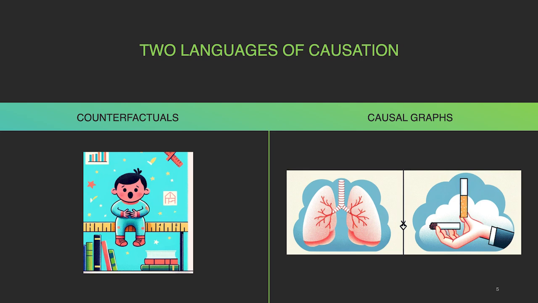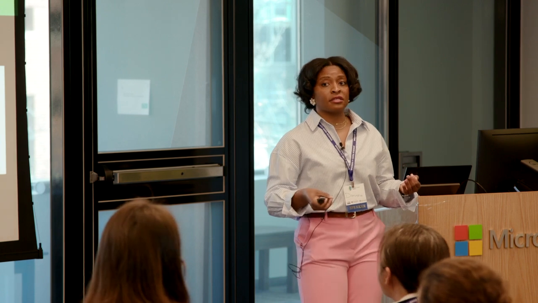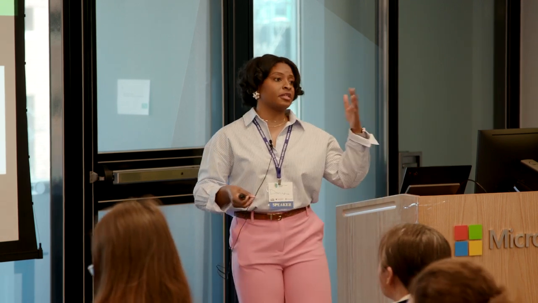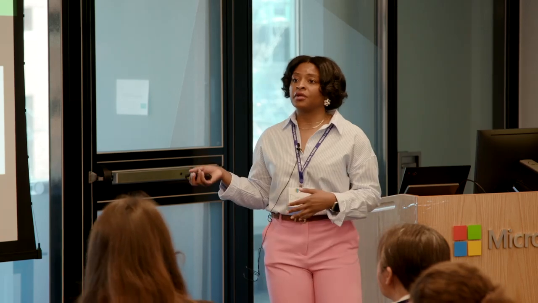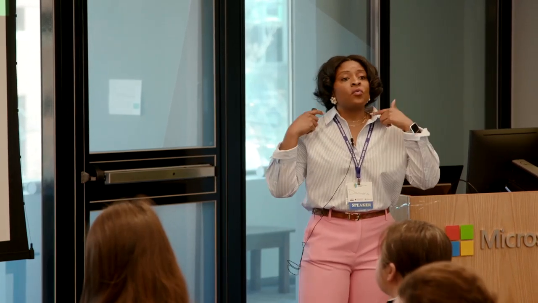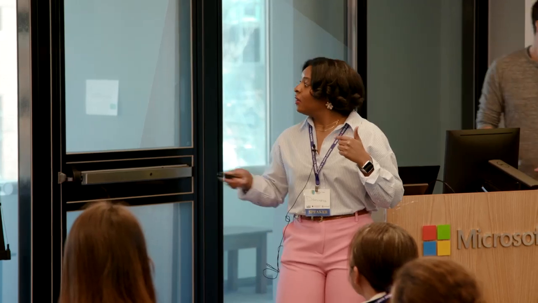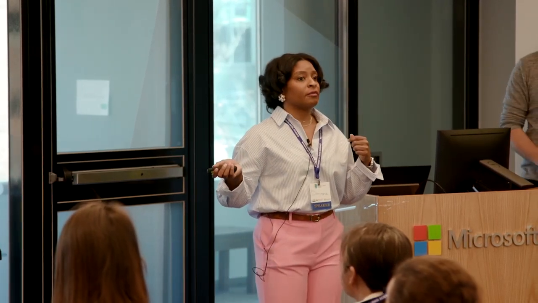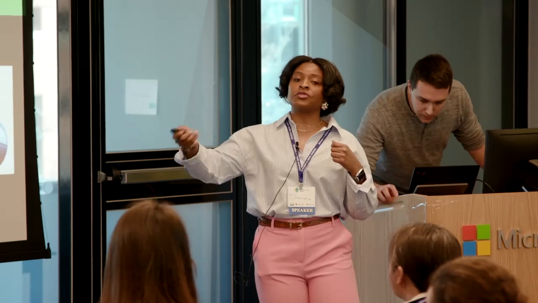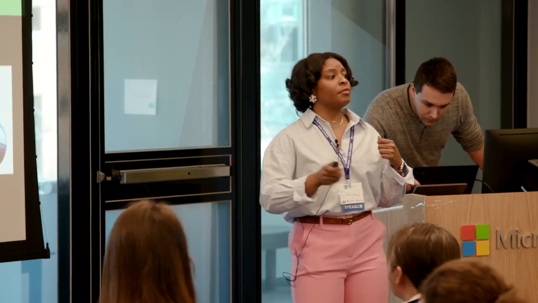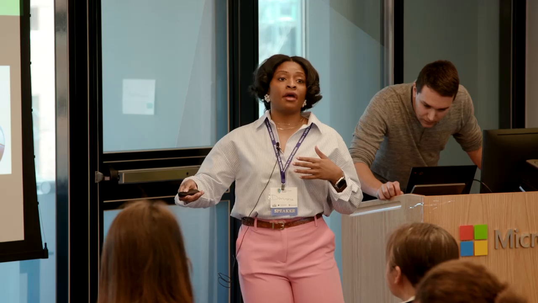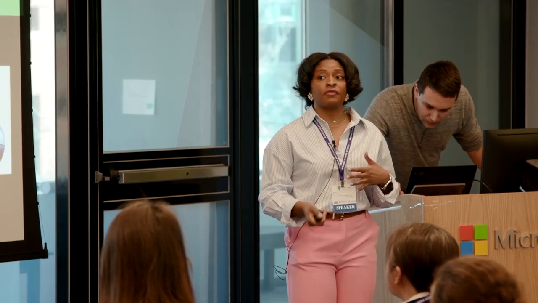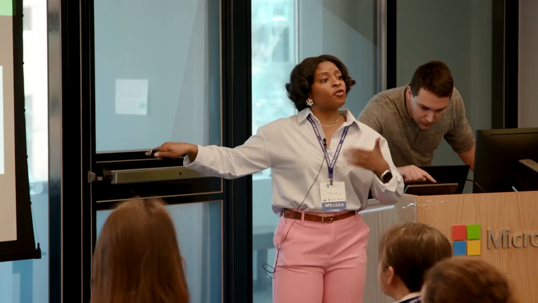Now, under the causal graphs or intervention, we might have this type of scenario, right? We know that there's an association between smoking and lung cancer. We also believe that smoking causes lung cancer, right? There's been several studies, nationwide campaigns of the same to support this claim, right? And so with that in mind, we might say that, well, if I intervene, right? If I force a person to smoke, this might change their probability, or this will change their probability of getting lung cancer, right? And so the difference here is that we forced an intervention.